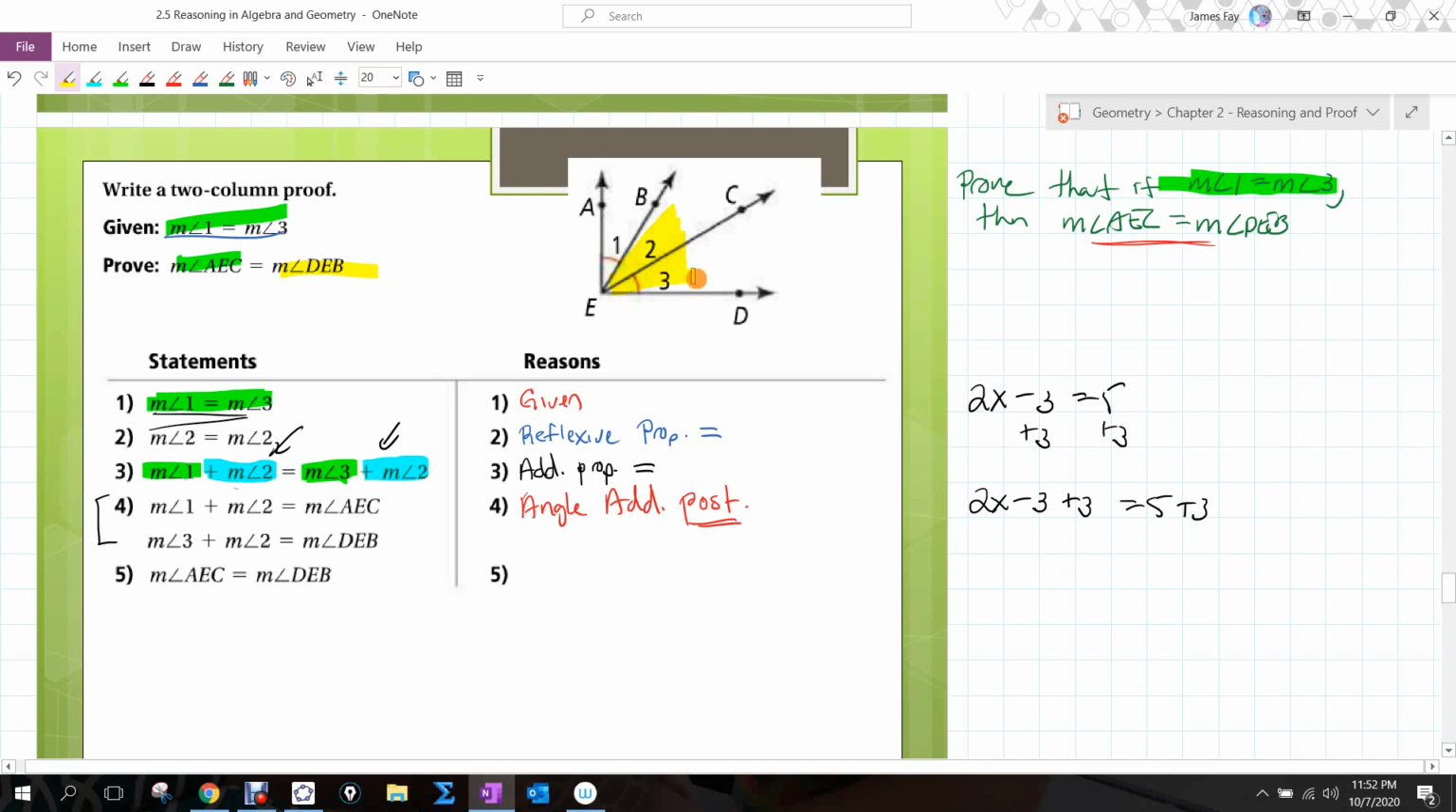The next one says, let's take angle 2 and angle 3, and add them together. Do I get DEB? Do I get that angle there? And again, it's angle addition postulate. That's why they're both under statement number 4. Okay. So now,